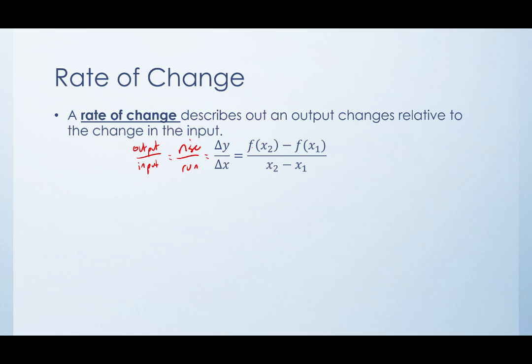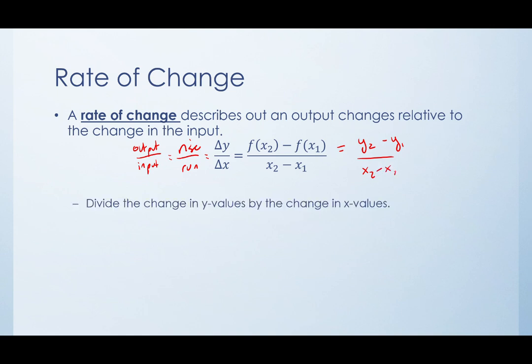And of course, f of x2 is going to be y2, f of x1 would be y1, so we've got f of x2 minus f of x1 over x2 minus x1, which is where we can really see that this is just slope,